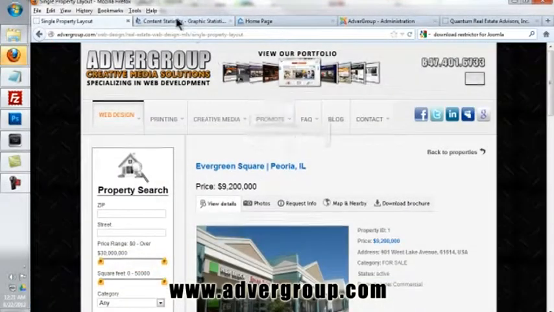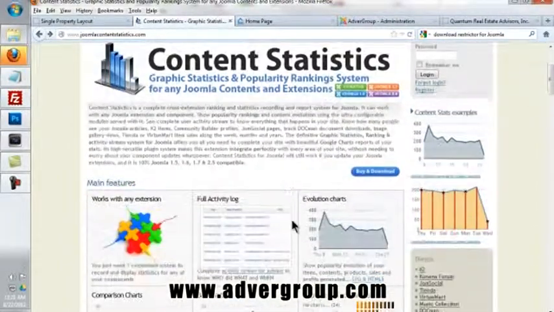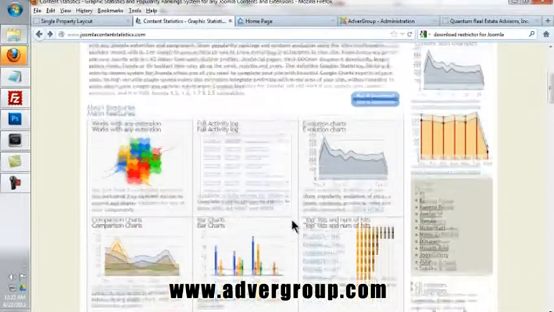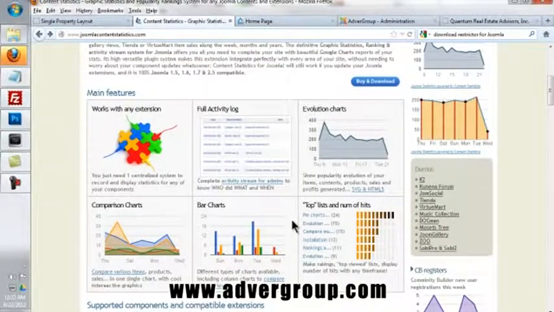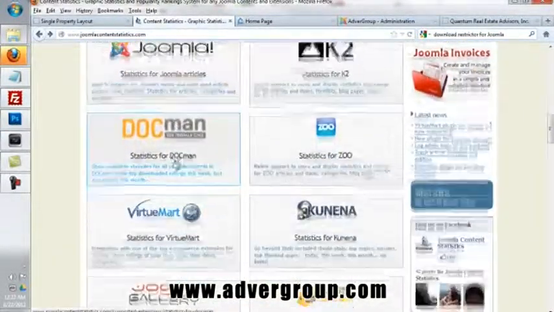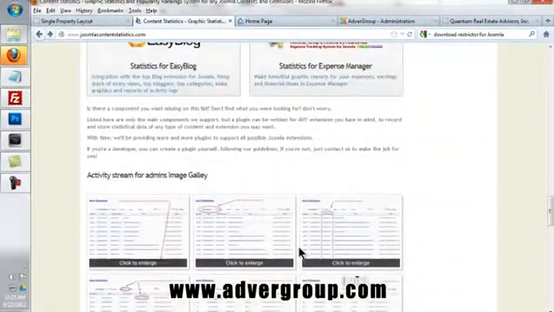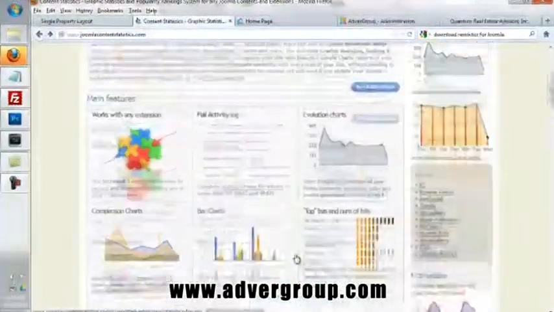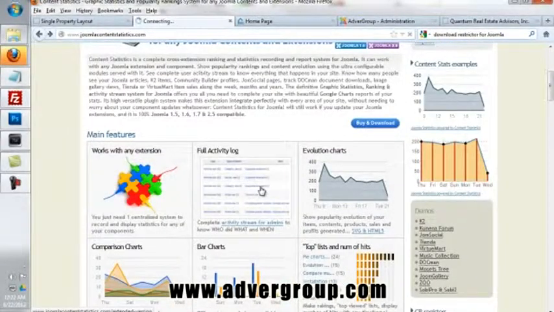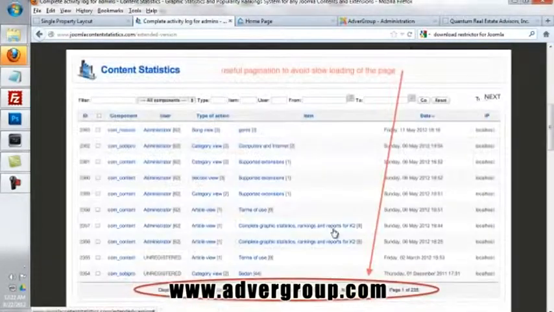To achieve stats, I've already communicated with the developer of this component, which has developed content statistics for Joomla. They boast the fact that they provide really cool activity logs, evolution charts, comparison charts, bar charts. They have many components they've already developed this for. Unfortunately, for this item that we are looking at, they do not have a stats program developed. However, in communicating with them, they stated that it can be done at a fairly reasonable price in the $300